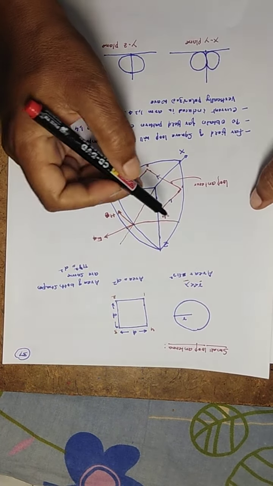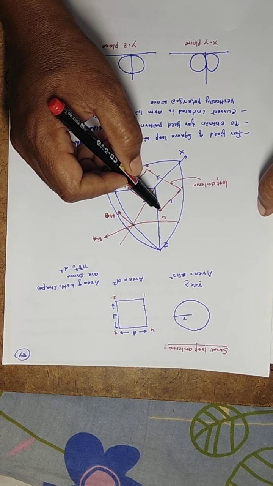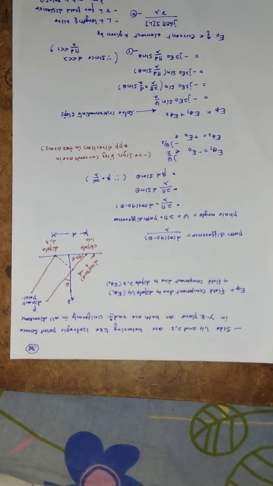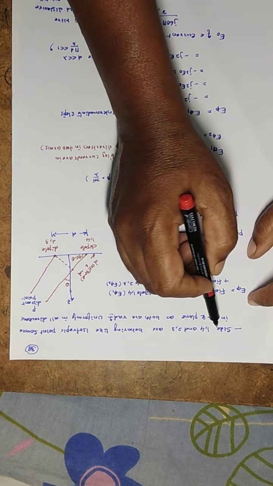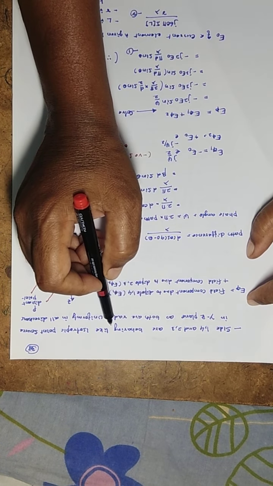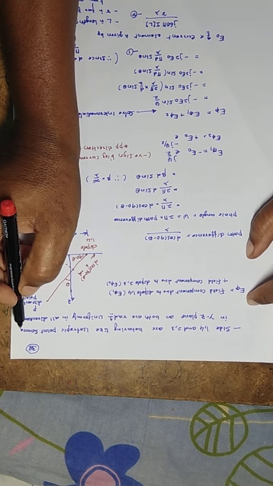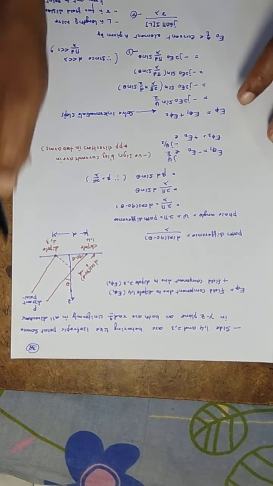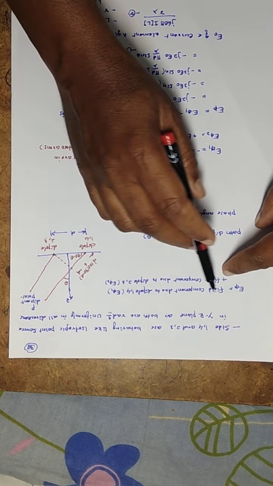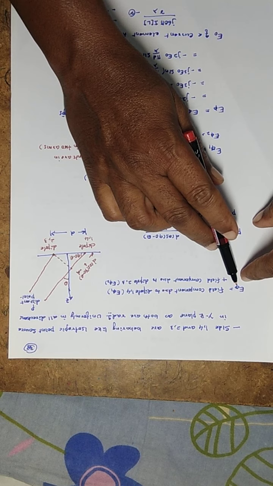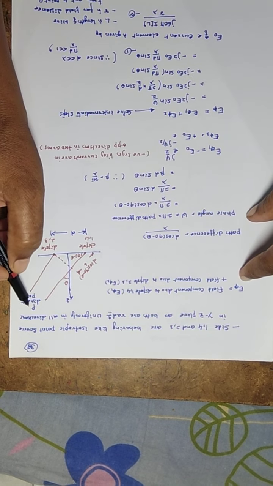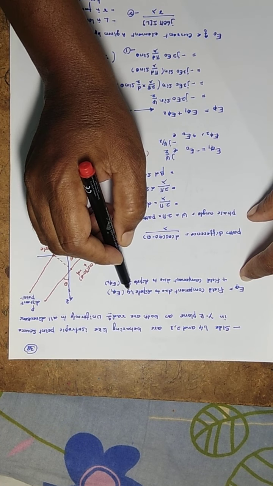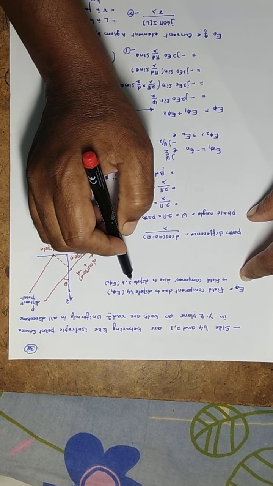So here the arm 1, 4 acts as one antenna, and 2, 3 acts as another antenna. I call it a point source. Sides 1, 4 and 2, 3 behave like isotropic point sources in the YZ plane, as both are radiating uniformly in all directions. And E phi is the total field at a far distance P, due to the dipole 1, 4 or isotropic source, and the field due to the dipole 2, 3.